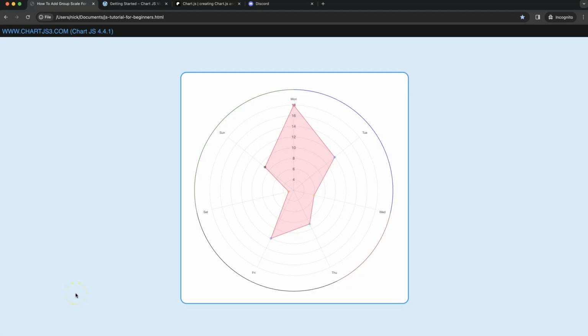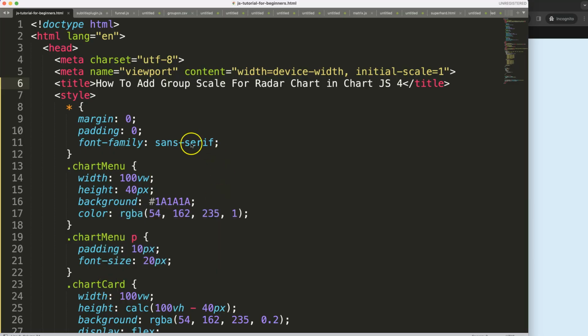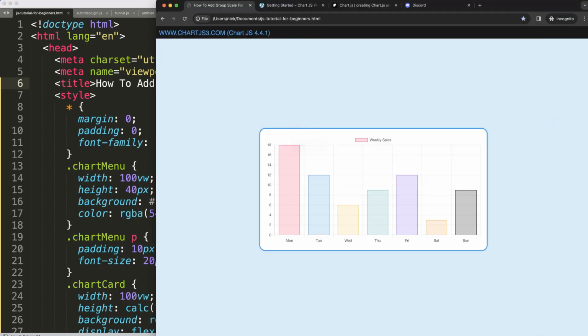In this video, we're going to focus on how we can create a group scale here, covering specific tick segments here. And then as you can see here, we're grouping these items nicely together, giving it a special color as well. So to do this, the first thing we need is to get a boilerplate template, which you can